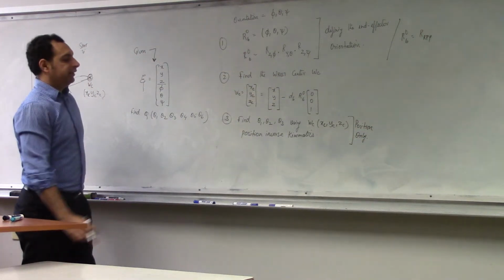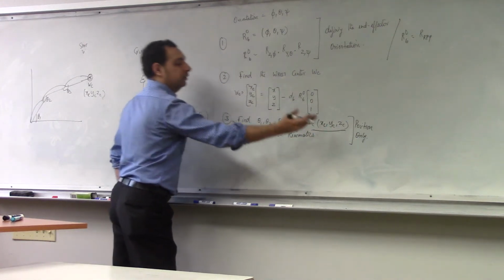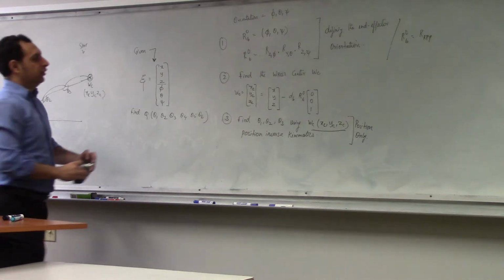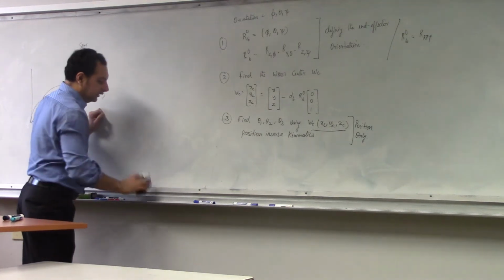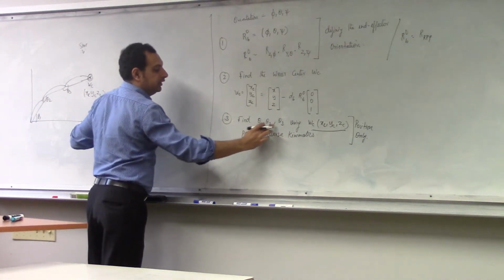Okay, so you can find theta 1, theta 2, theta 3 from the wrist center coordinates. We are not talking about orientation. The next thing is, how do we find theta 4, 5, and 6? To find 4, 5, and 6, we'll do one thing first. Once you find theta 1, theta 2, theta 3,